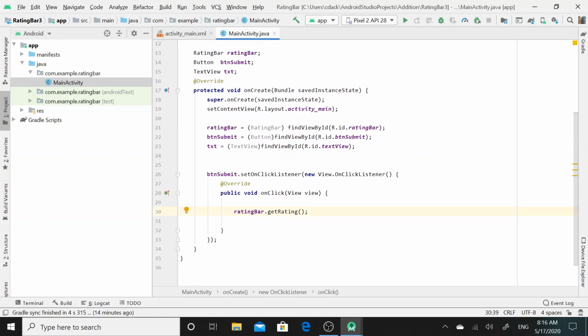In the onClick abstract method, I have called the getRating method of the RatingBar class with the help of a ratingBar reference. So this method will simply get whatever rating has been submitted by the customer.